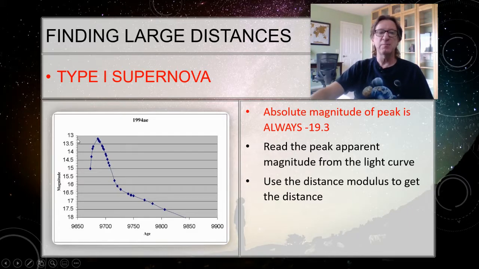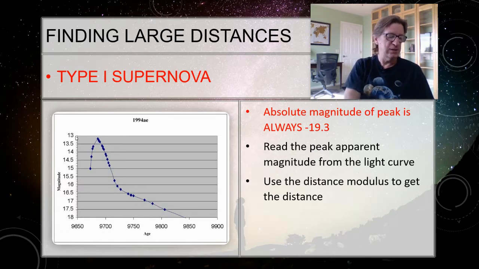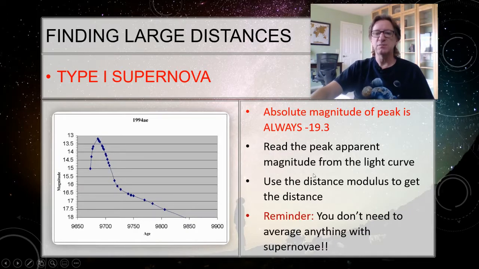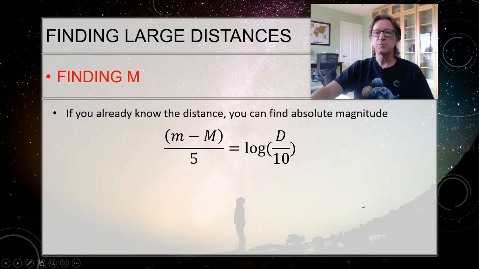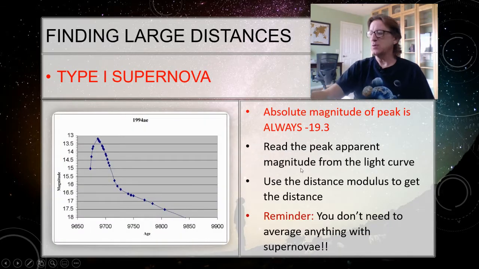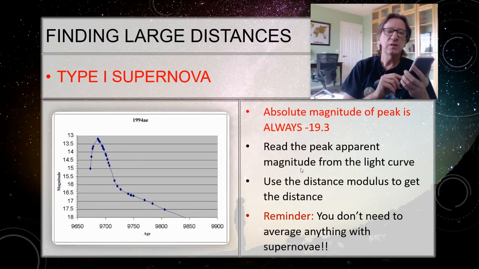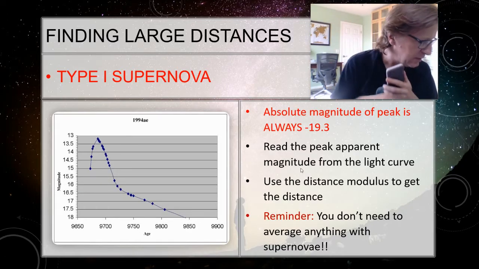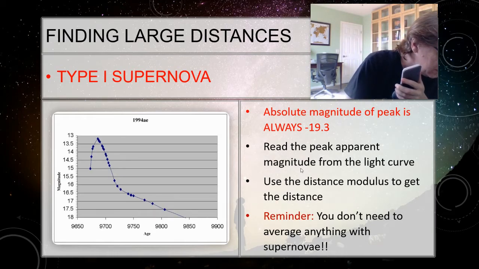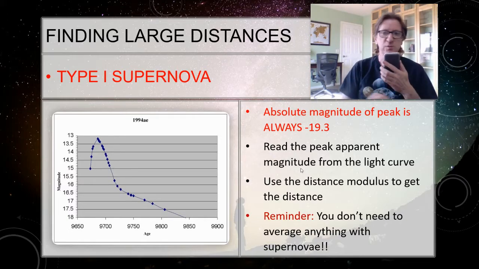Here I'm getting an apparent magnitude of 13.2 or so. So little m is 13.2, big M is negative 19.3. Put that into the distance modulus, and you can actually get the distance from that. So we don't have you do that on the sheet, but it's probably worth doing. So let's go ahead and do that right quick. We're going to do that one together. So let's suppose, see if I can read that a little more carefully. Let's suppose it looks like maybe it's about 13.1. So let's go ahead and use that.